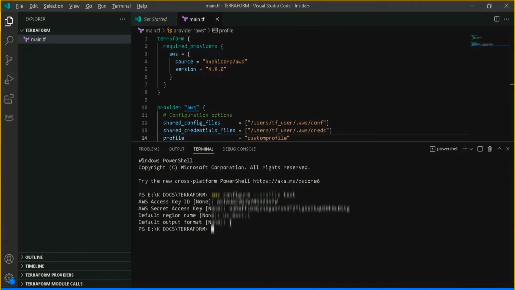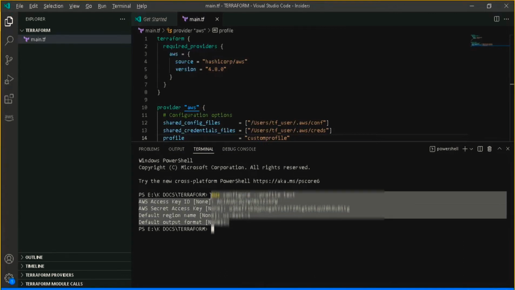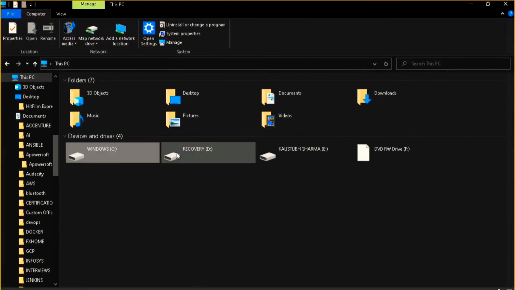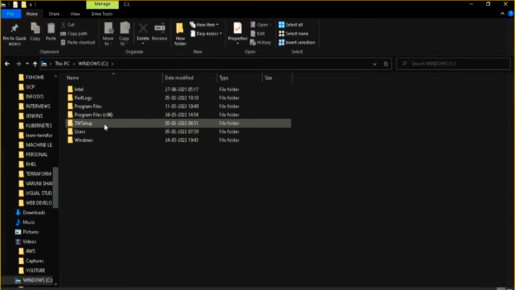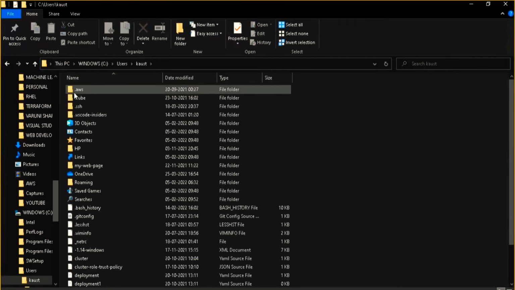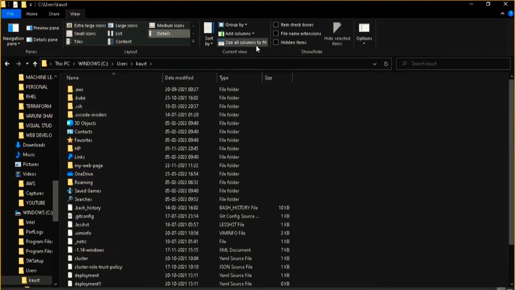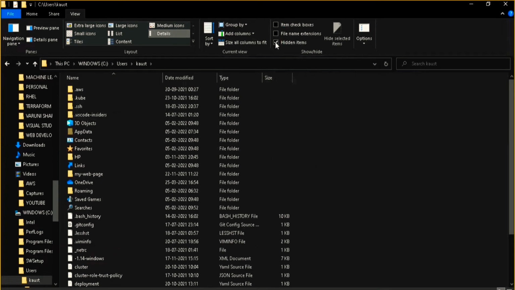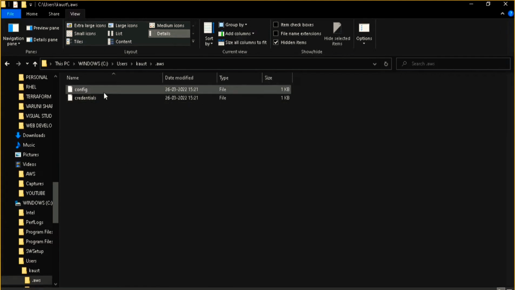Okay, so how can you check whether your profile is correctly created or not? You can just go to your C drive, and in the C drive go to your username. And here you can see a .aws folder will be created after you created that profile. If this is not visible to you, you can go to the view section and check hidden items as well, because sometimes Windows automatically hides folders which start with a dot. So just open this,